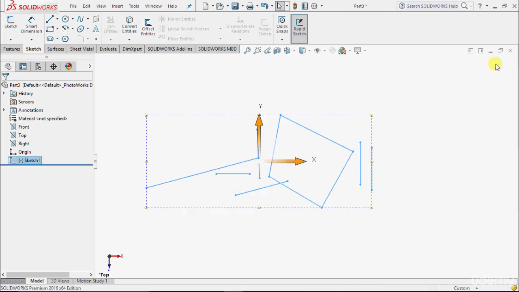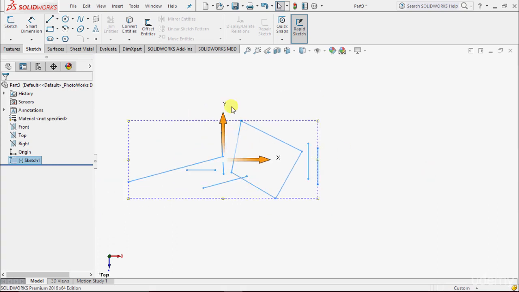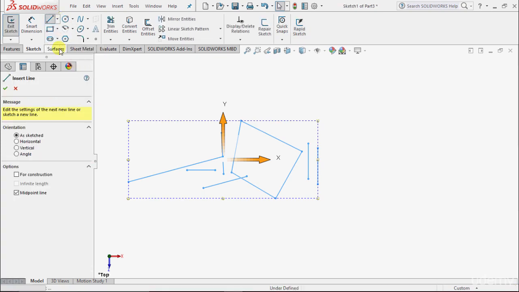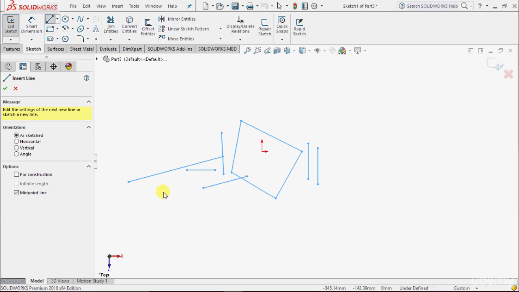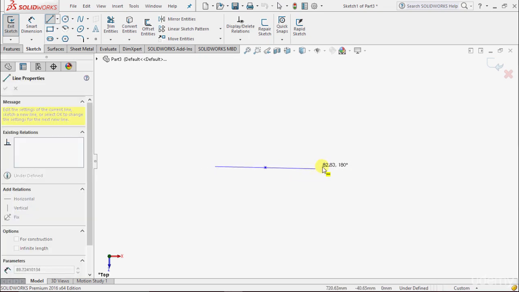I click on this and we will exit from this sketch command, and it will show a preview of our axis X and Y. And another type of line we have to use is the midpoint line. So if I click on this midpoint line, it basically creates a symmetric line. Let me select this first point, and we will see the line is created in both directions from this reference point. So that is the advantage of this midpoint line.